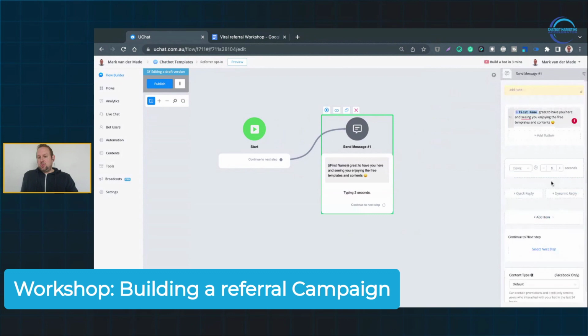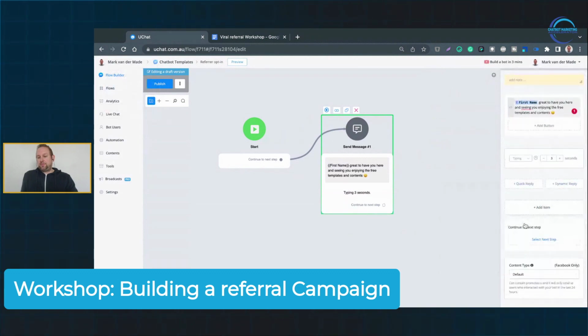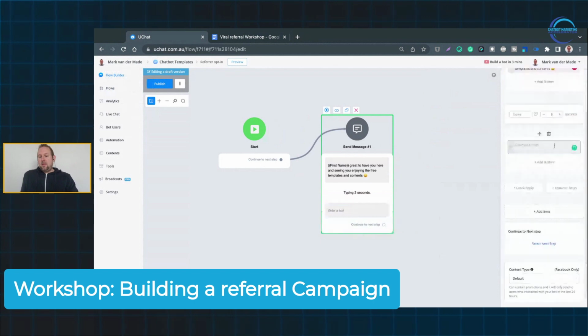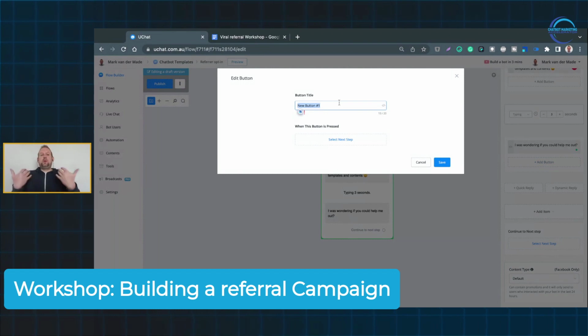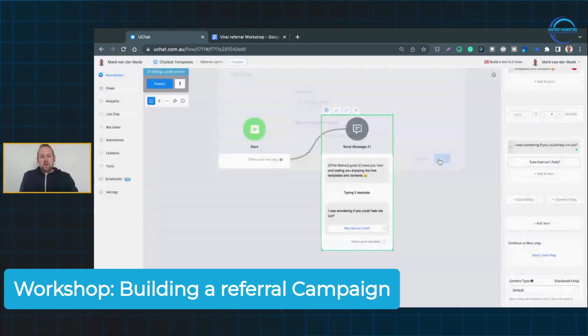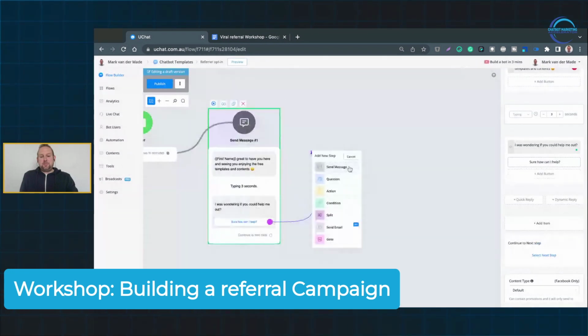And let's just do a typing delay, another text block. And let's say, let's just insert a button. Normally it would take up a little bit more than this live session. So let's go with, sure, how can I help? From here, let's connect it, and let's say something like